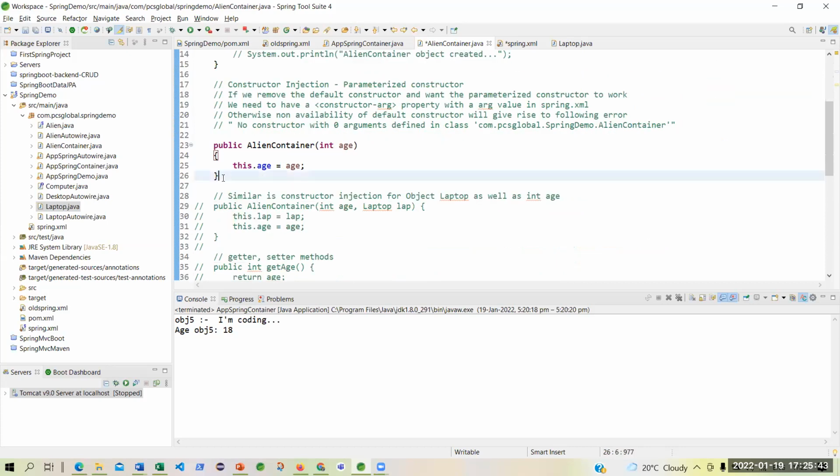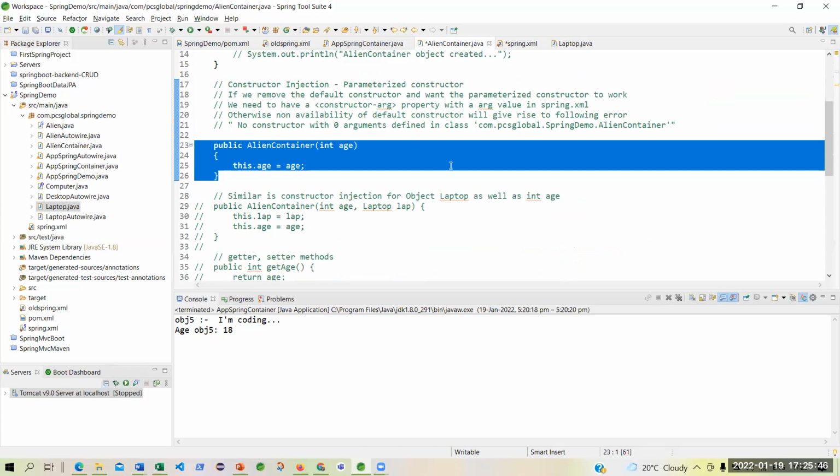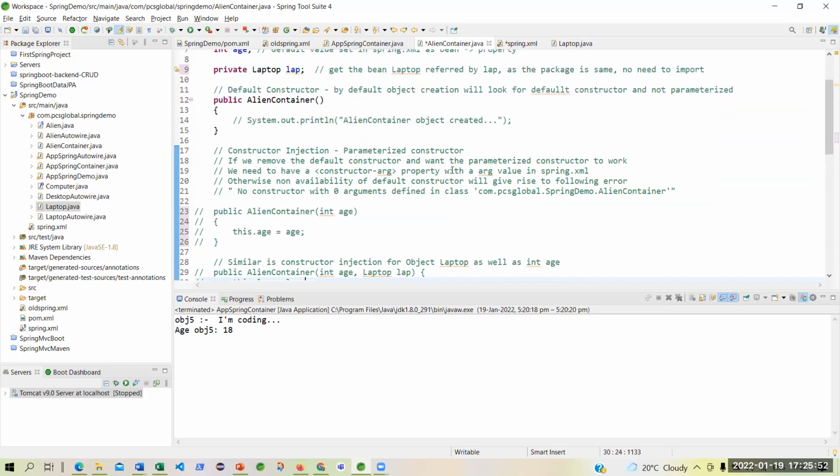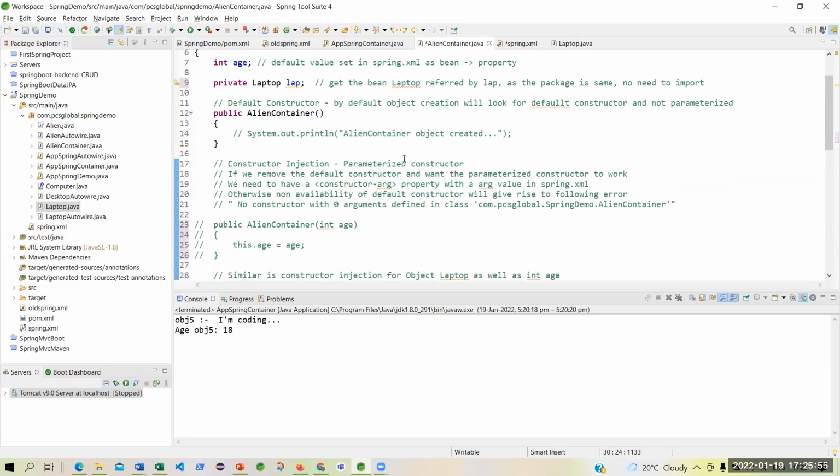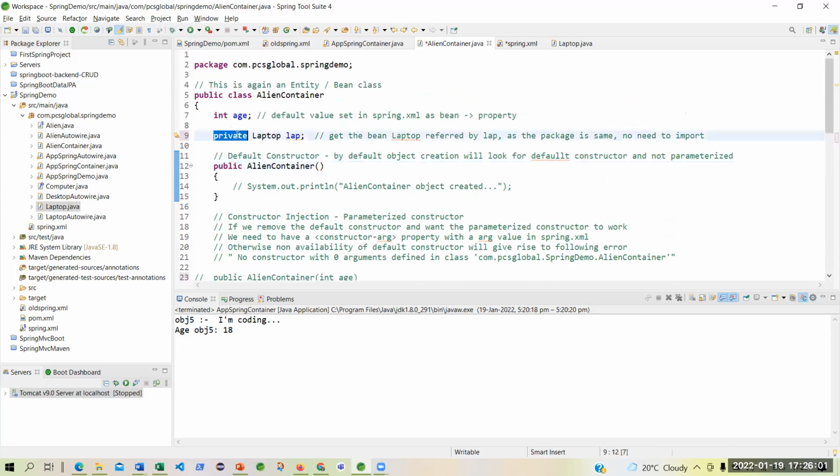I do not need this, right? Can I remove this because my constructor injection is over? Yes, I make this off. Whichever I don't require, I do not put in. Why is the type laptop private? You can make it public, but this entity is encapsulated, and this object is also private to me. I would not like to give everyone access to this laptop. Therefore, I am saying private.